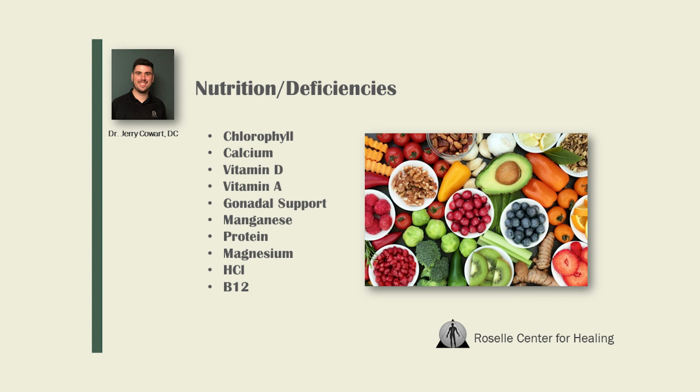Starting off with chlorophyll, that can be good for someone who is dealing with sciatica being caused by the ileocecal valve issue. It can line the coating of that valve and of the intestinal tract to help decrease that irritation of the valve. You've got stuff like vitamin A and gonadal support. Those are really good for going back to that conversation of piriformis syndrome, if it is a gonadal or reproductive organ issue in nature. It can definitely help with providing more strength and vitality to that piriformis muscle if it is reproductive in nature.